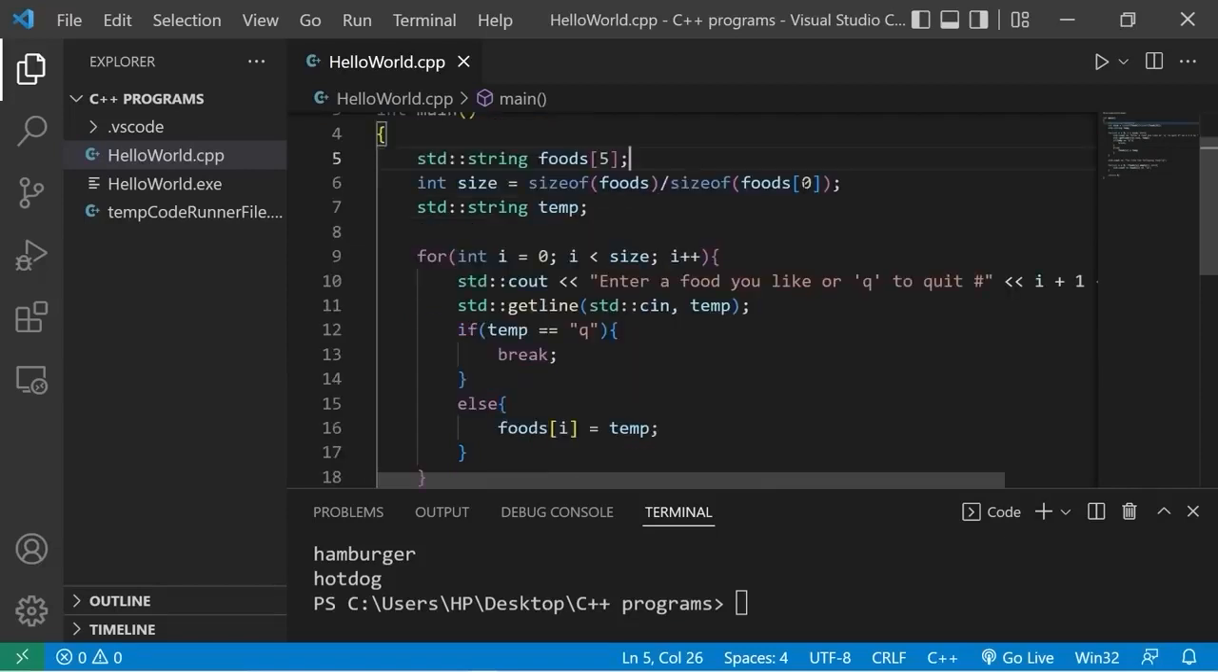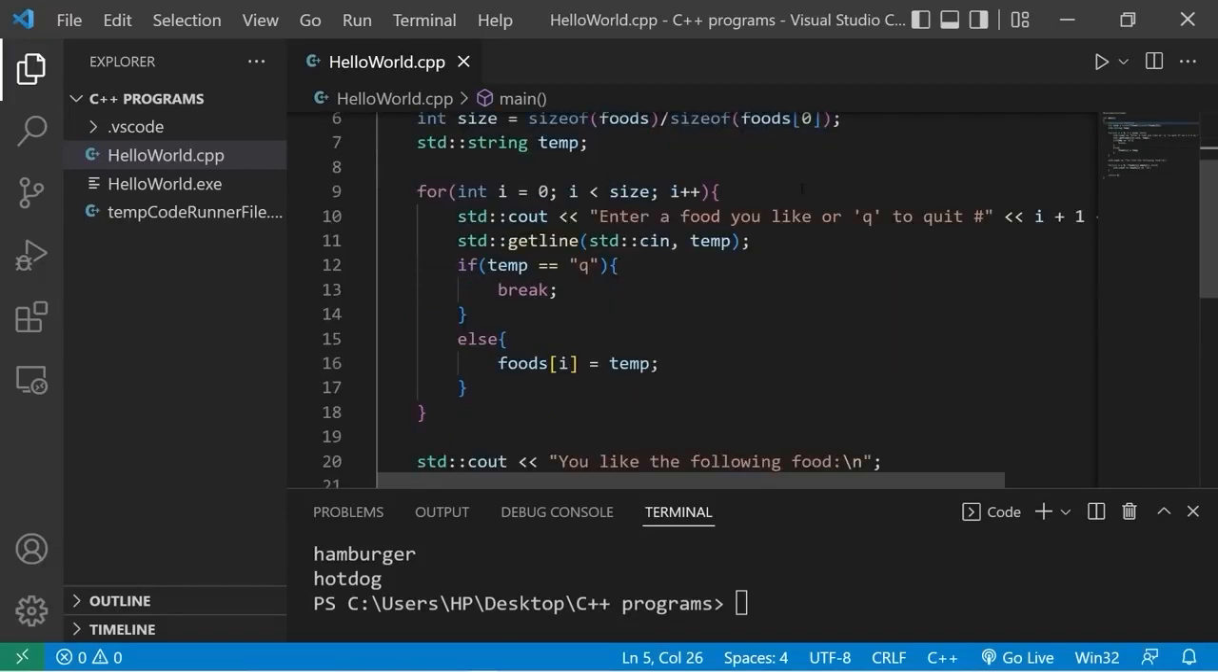sometime in the future. So yeah, that is one way out of many ways to enter in user input into